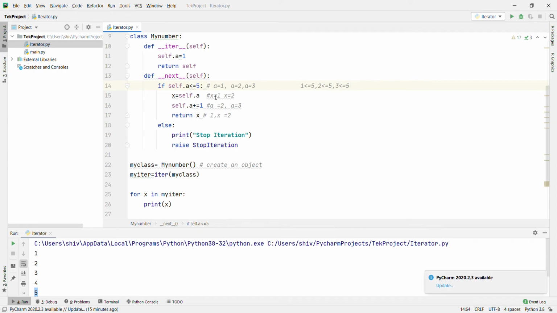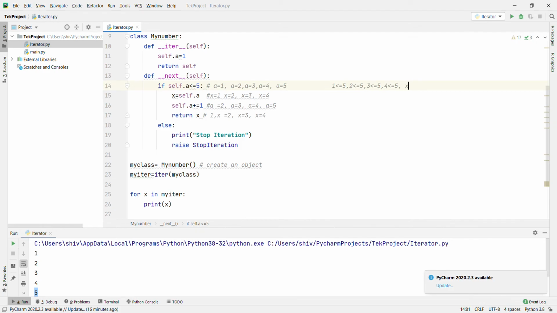Then it will set x equal to 3. a is incremented to 4 and x returns 3, right? Then a is now 4, 4 is less than or equal to 5, true. It will go inside, x is 4, a is incremented again to 5, and it returns x equal to 4.